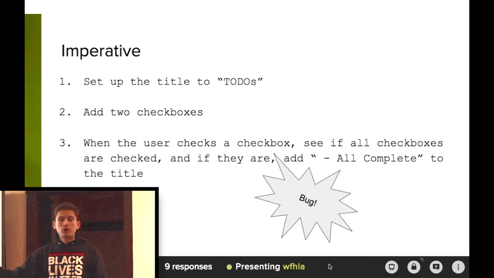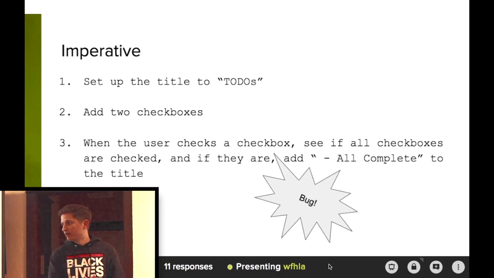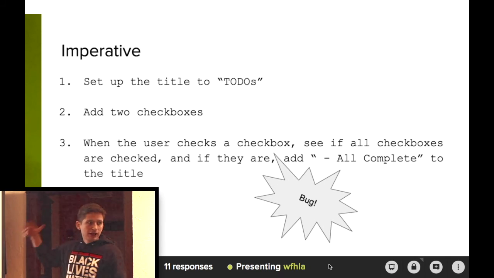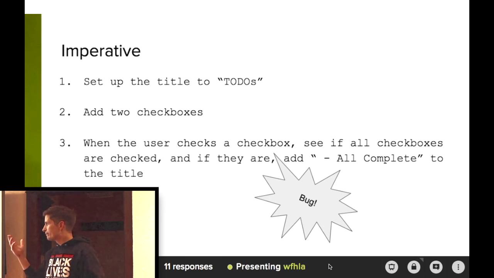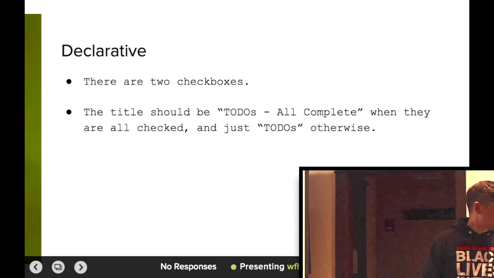But if the user at this point unchecks one of the checkboxes, we haven't said how to go back to uncomplete, right? That's an easy thing to miss in your first review. You don't think, what if there was an error in the middle of something? And even in this code, I don't know how many of you noticed that it was incomplete, but it has this unspecified behavior where the declarative program,